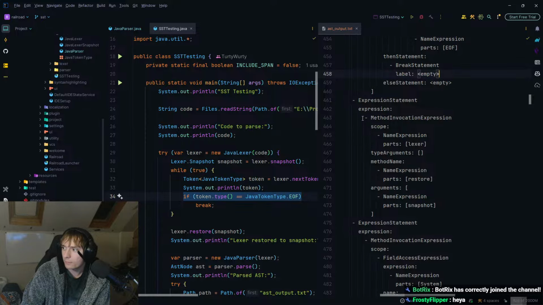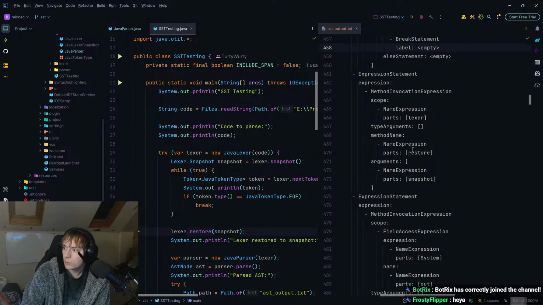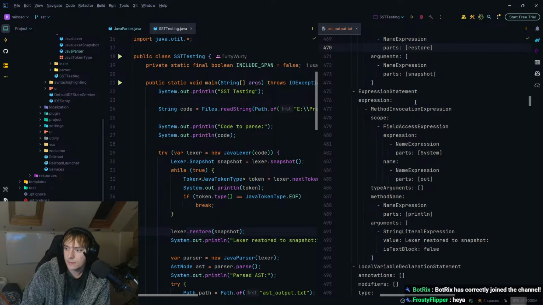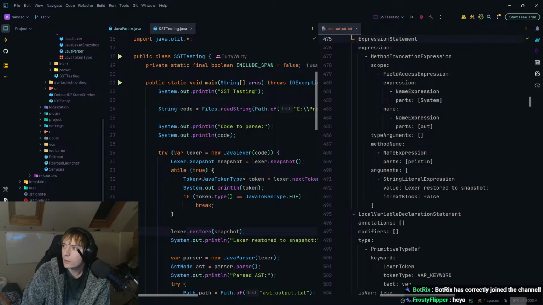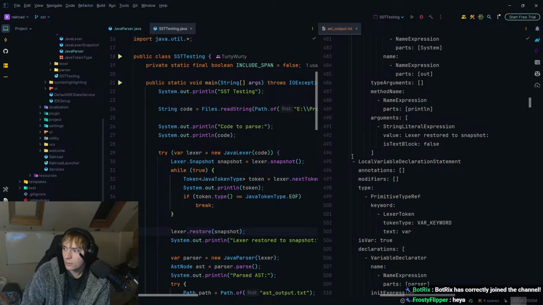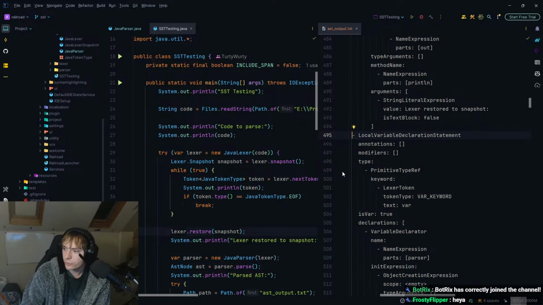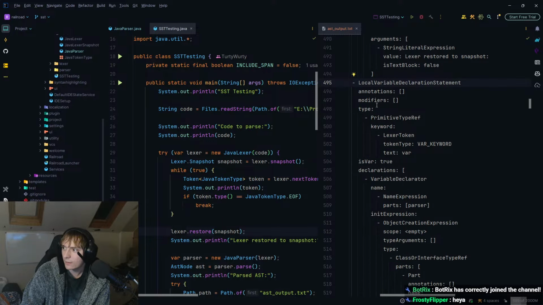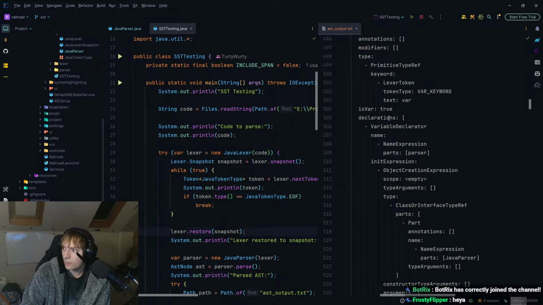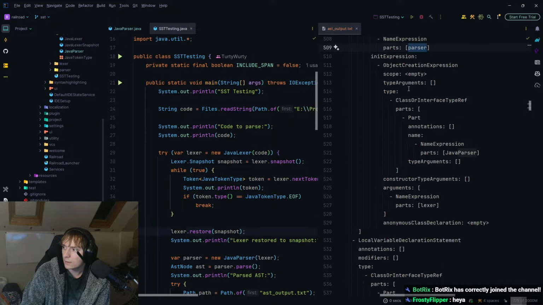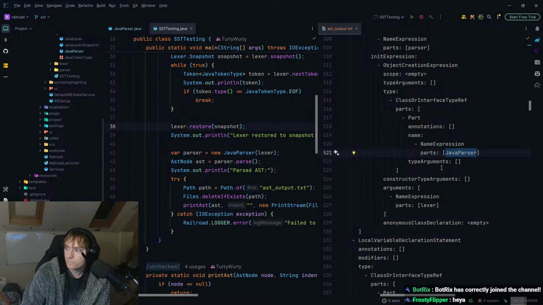Okay, then we have a method invocation expression, which is lexa.restore, taking in snapshot. Okay, we have a print line, which we know is going to be fine.